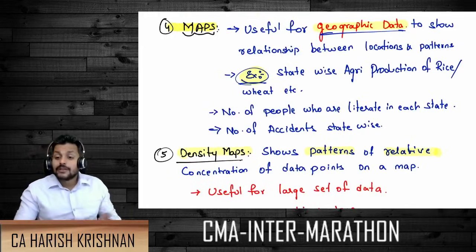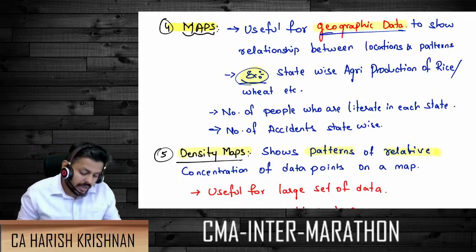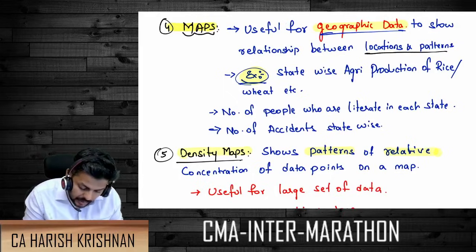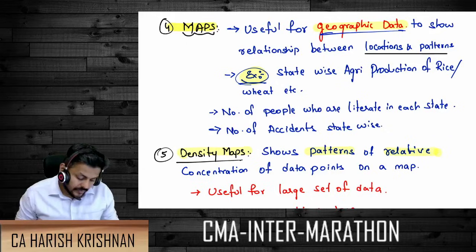used to show geographic data. Maps are generally used to show what? Geographic data, to show the relationship between locations and patterns. Show what? Locations and patterns. Say for example,